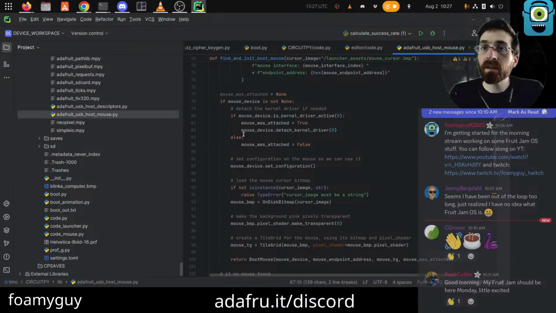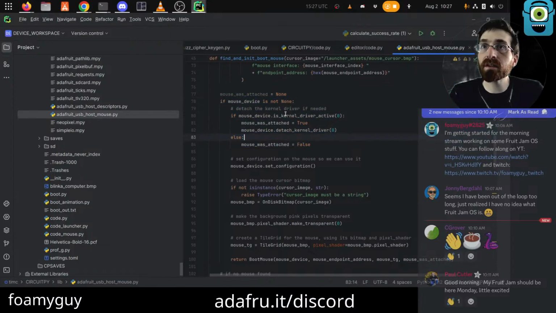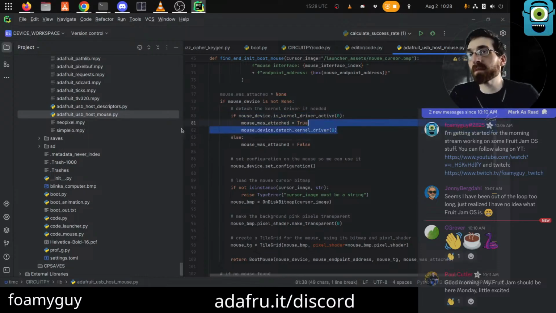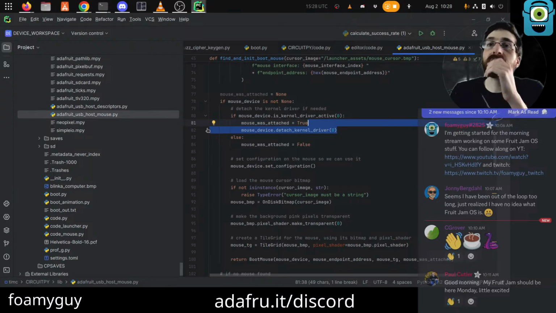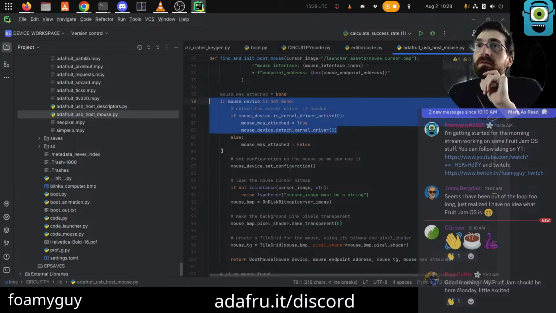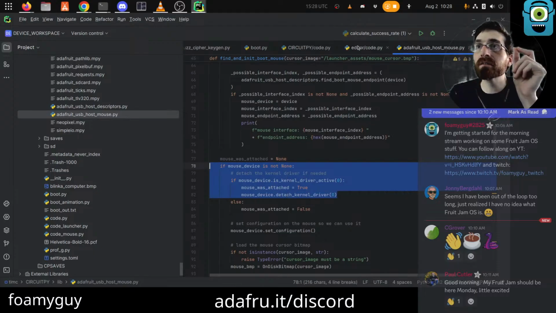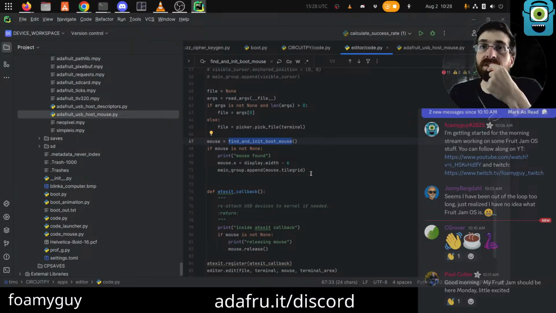And if it is a mouse, then it's going to call is kernel driver active, and if it is, then it's going to detach it from the kernel driver, and when this happens, that means stdin is no longer going to work for that device, which this is calling a mouse, but in our case, we know it's a mouse keyboard. So effectively, we don't really want this to happen in the editor when it's a combo device connected.